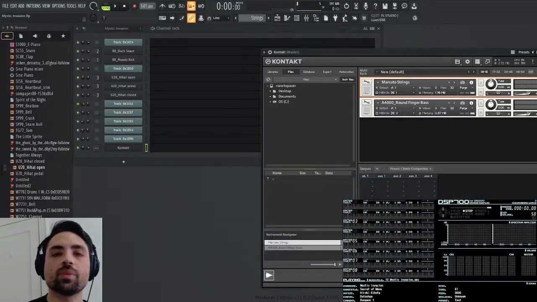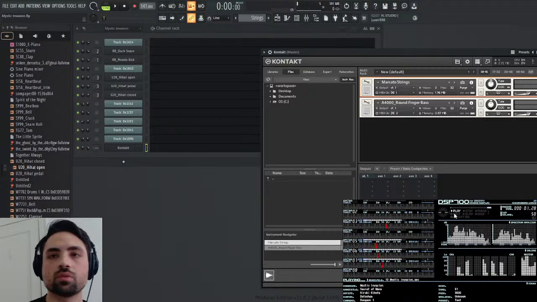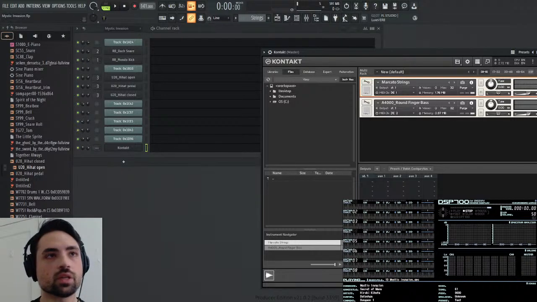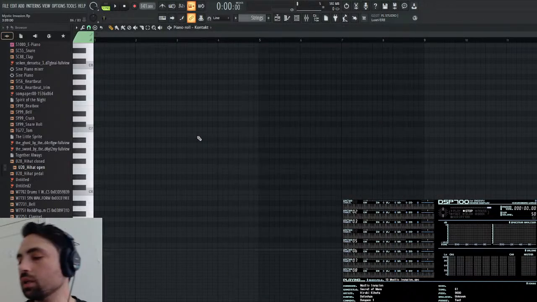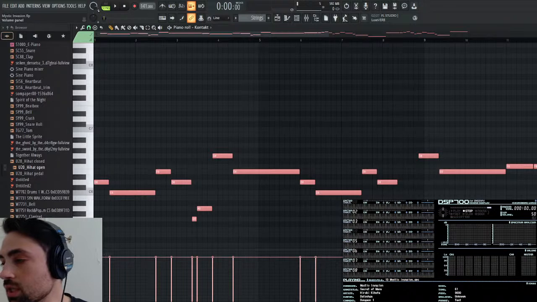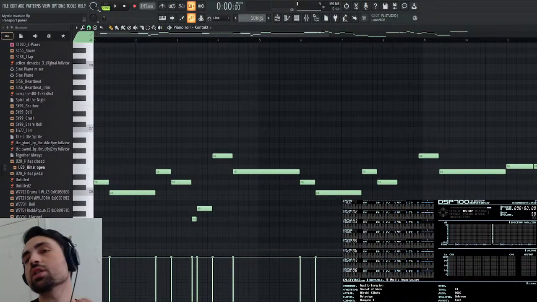And is there panning on that hi-hat or is it center? No, it's just center, so we don't need to do anything there. Now the strings, let me paste this line, and it's going to be at channel 1, so I want to have channel 1 selected and press Alt-C to change the color.